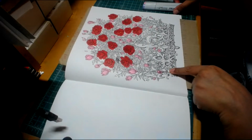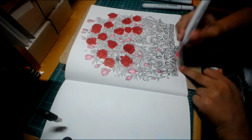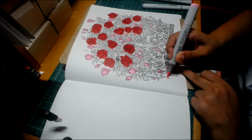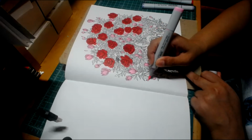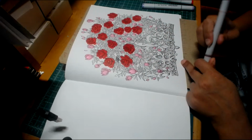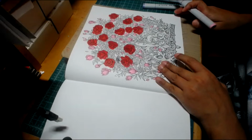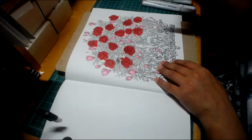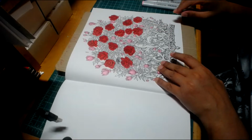And when I see another little flower that I missed, sometimes as you do Kirby's pictures, you notice things as you're doing them that you missed. So it's like, oh, I missed that. I missed that. So